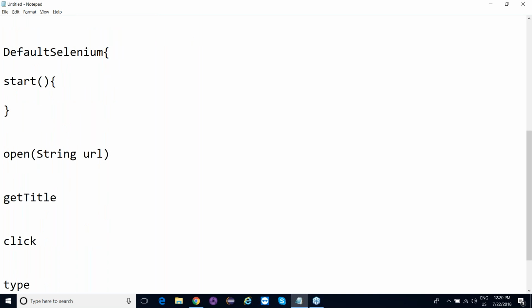You want to type on anything, there is a method called type. So they have already created the entire library and they have directly given you access to this library. In case you want to automate anything using Selenium, just create an object of this class and start calling the methods one by one. And the library was available in the form of a .jar file,